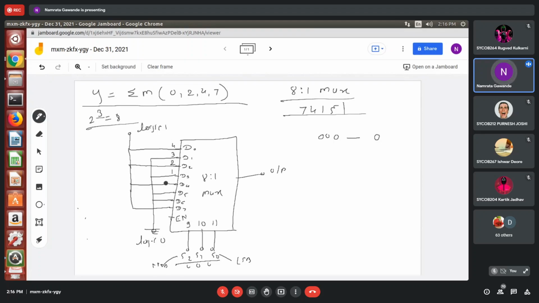You have to refer to the pin diagram. D4 is pin number 15, D5 is pin number 14, D6 is pin number 13, D7 is pin number 12. So it will be easier to make a connection if I write the pin number over here in the diagram only. Now you have to make a connection based on this on the Dell simulator.